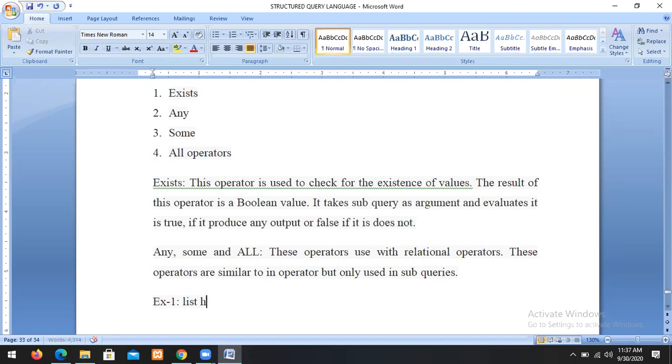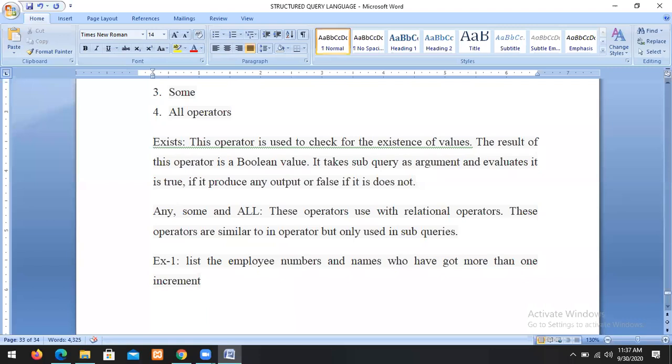Issue the employee numbers and the names who have got more than one increment. I want to list the employee numbers and names of the employees who have got more than one increment. Actually, increments are in the increment table. So